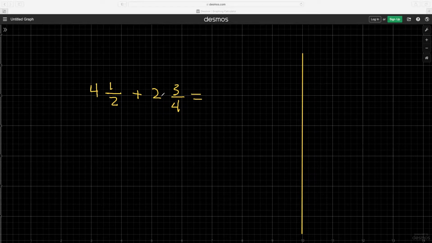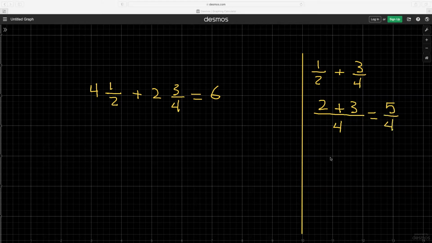So we add the whole numbers. So 4 plus 2 will give you 6. And then we want to take 1/2 and 3/4, and then we want to add them. So we need to find our common denominator, which is 4, because 2 can go into 4. And then 4 divided by 2 will give you 2, and then 2 times 1 will give you 2. Plus 4 divided by 4 will give you 1, and then 1 times 3 will give you 3. So therefore we have